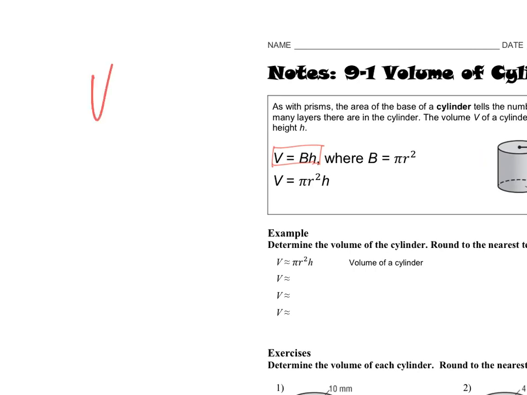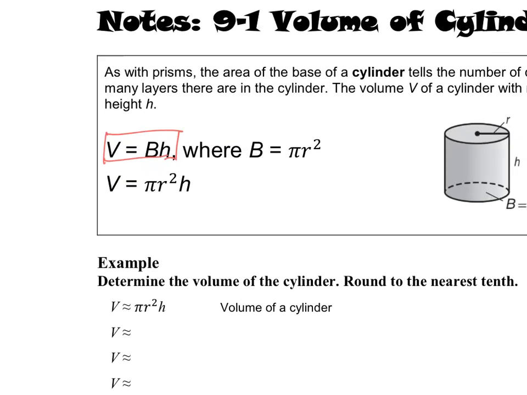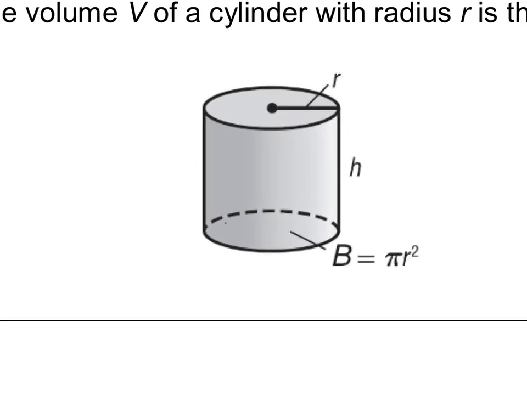V is obviously our volume. Big B is the area of our base. And then H is the height of that base. But big B is really what I want to talk about first. Big B, being the area of the base, is going to be the area of this circle right here. So we have to find the area of our circle, then we have to multiply it by the height of